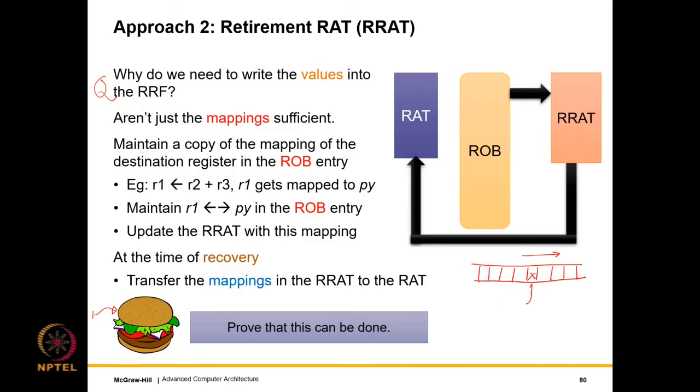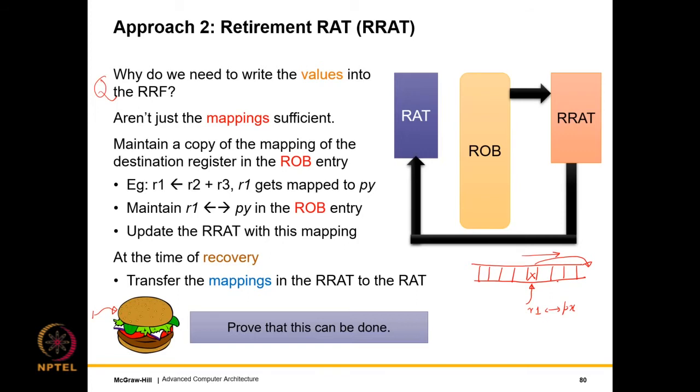So let us say that the branch does not write to a register. So let us say that when we were dealing with the branch, we found that R1 is mapped to PX. Now when this branch instruction reaches the head of the reorder buffer, will R1 still be mapped to PX? That is question 1. And question 2 is, will PX still have the same value or will it have a different value? Well, so this means that we need to